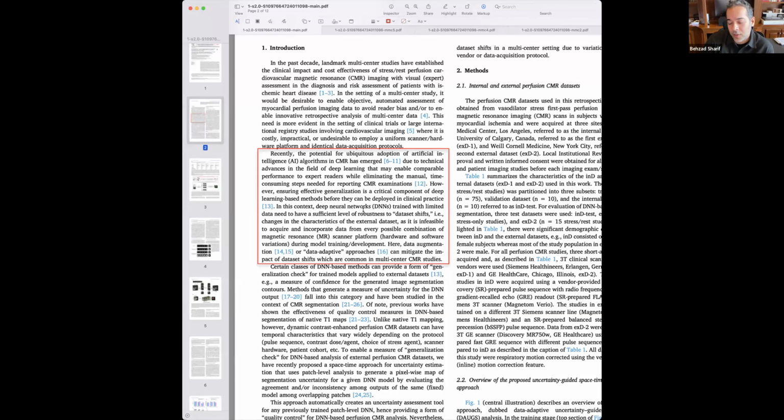So this is the concept, and there's a New England Journal paper we're citing here, very nicely describing the concept of dataset shifts in medical imaging, and how, especially in the context of medical imaging, the developed methods that can be practically deployed need to be robust to dataset shifts.